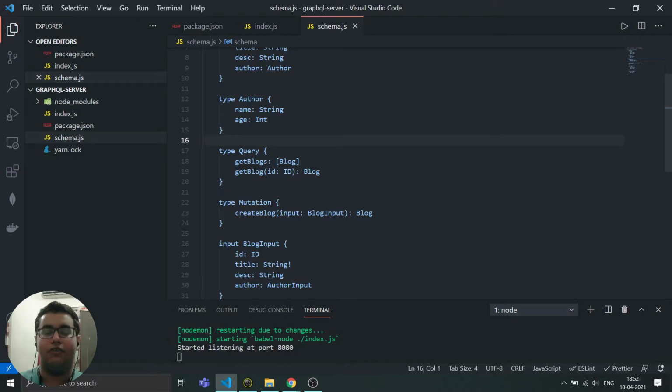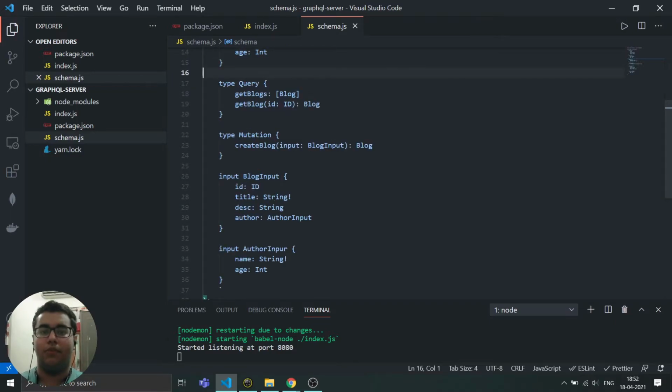Then we have getBlog, which will be taking in an ID as a parameter and will be returning a specific blog. Then we have mutations. In mutation we have only one mutation, that is createBlog. What createBlog will do is it will take in the input, then it will store it in your database and it will return the same blog to you.